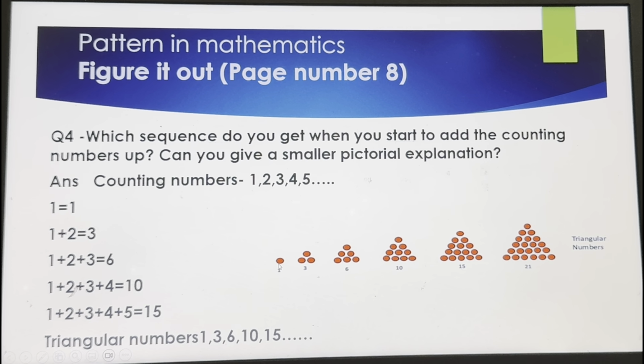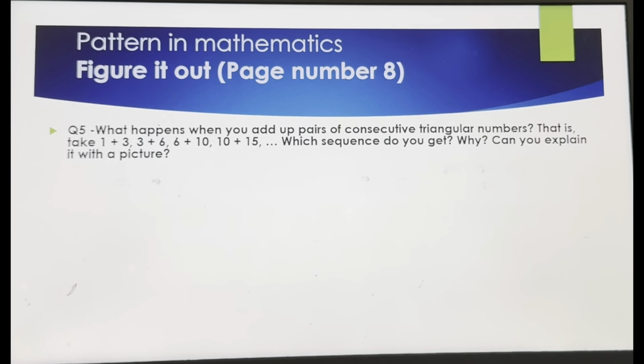See, 1. 1 is okay, that is 1 dot. Now in the second line, what are we doing? 1 plus 2. Now again observe it slanting ways. 1 and 2. So you get 3. Then 1 plus 2 plus 3, you get 6. Then 1 plus 2 plus 3 plus 4, you get 10. So similarly, you go on increasing the dots in a slanting manner. So this is the reason why you get the triangular numbers when you add counting numbers up. Right? With pictures, it is very clear, I hope. Okay? Now let us see the next question.